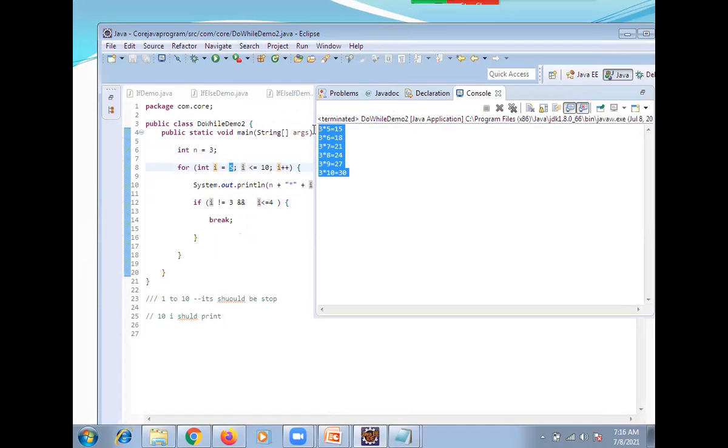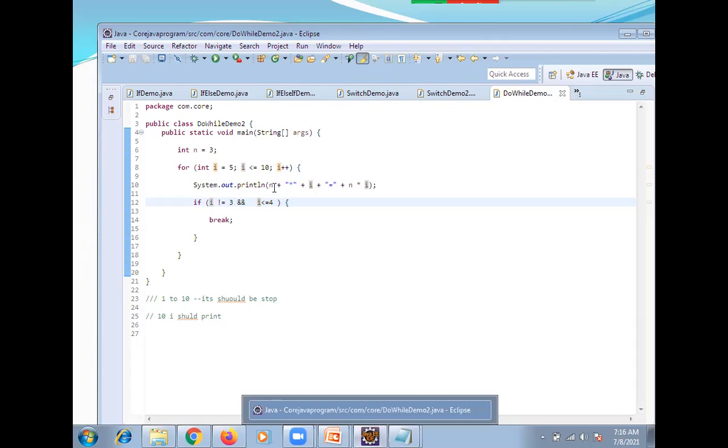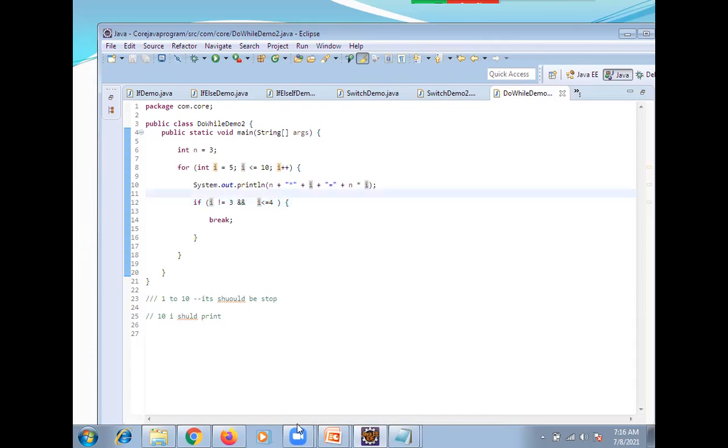Both are false conditions. I not equal to 3 is satisfied, but I less than or equal to 4 won't satisfy, because I is always greater than 4, so this is false. True and false is always false. Clear? Yes, sir.